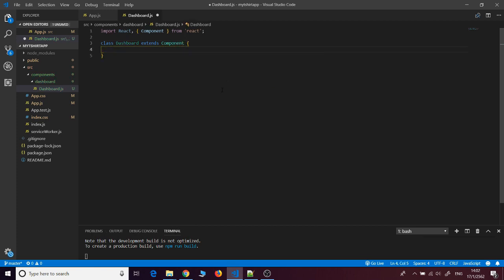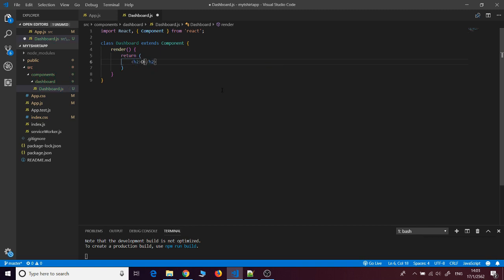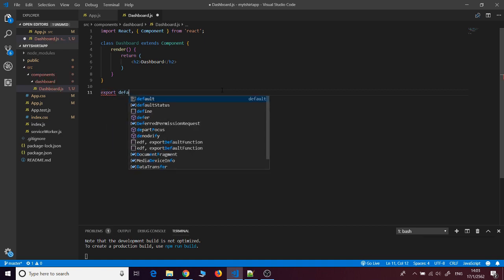Okay, and then this is going to take in the render method and also the return. Okay, so we'll just return here some simple h2 tag, and we'll name this one Dashboard. Okay, and let's go down and let's export this component. So in order to do that, let's type in export default